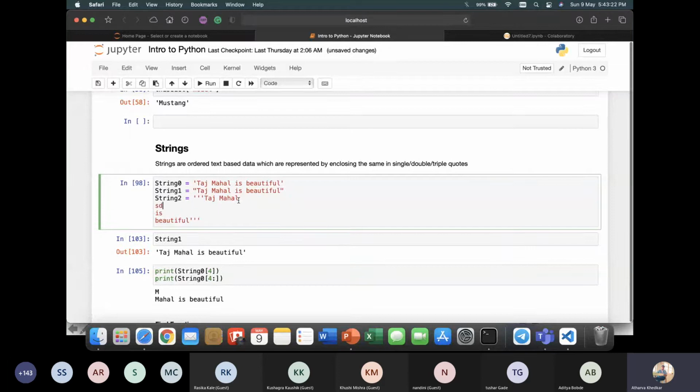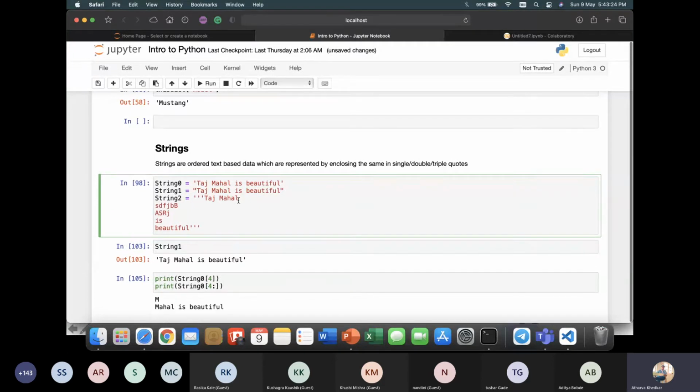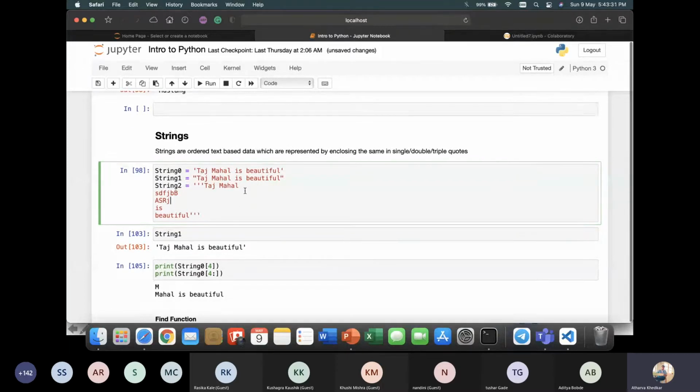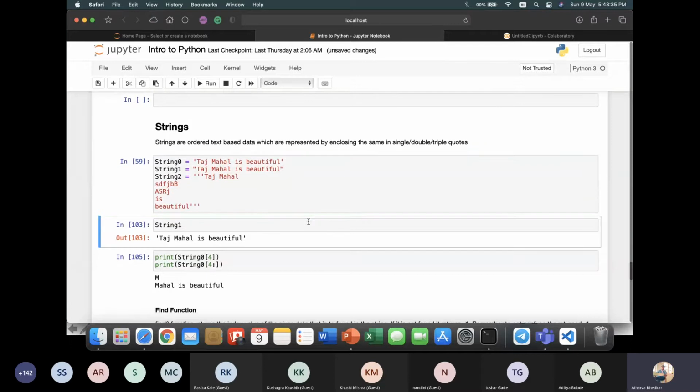I can write a multi-line string with the triple inverted comma, and double and single are basically the same in Python. So I've just printed string 1 and string 2, and those would be exactly the same. String 2 is this multi-line and string 1 is again this. So string 1 and string 0 would be completely the same.